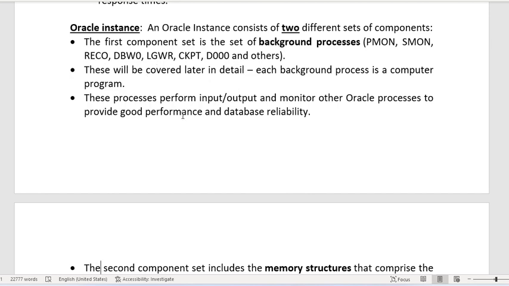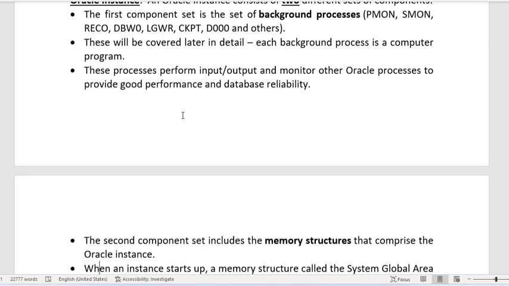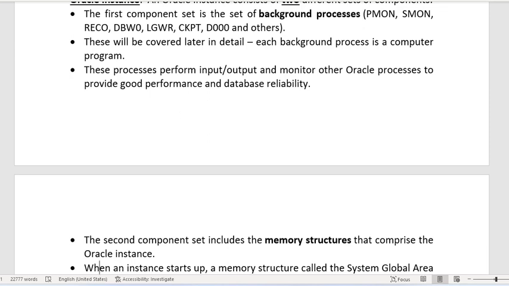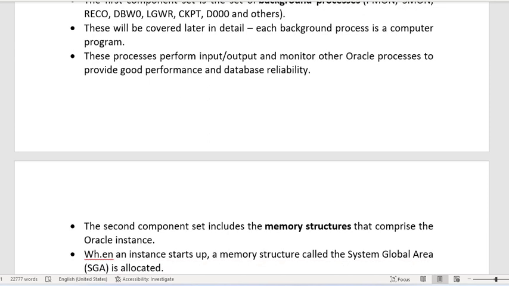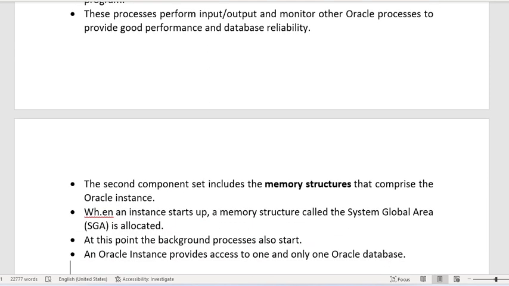So these are the background processes, these are the mandatory ones. There are some optional ones, but yes, we have to understand the working and features of each and every one. And the next is